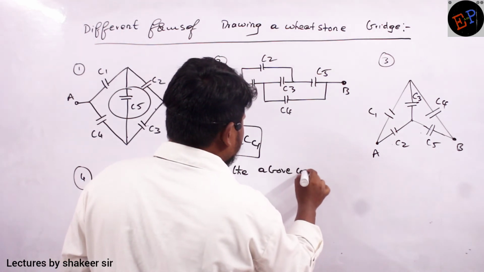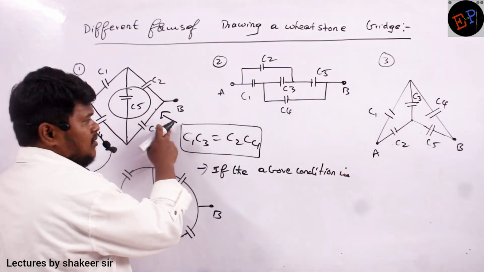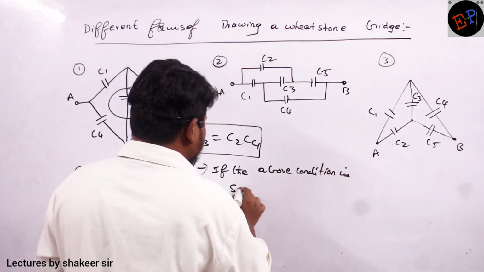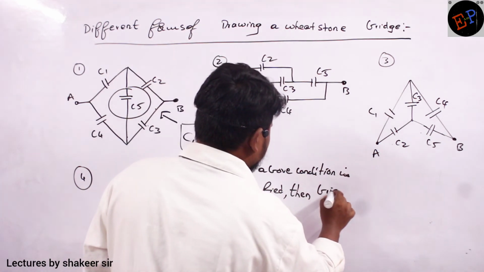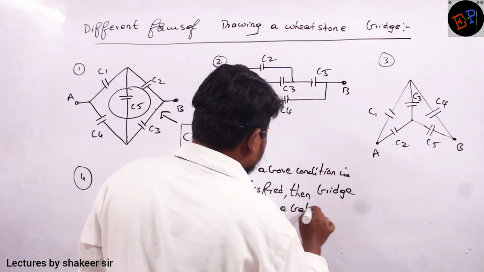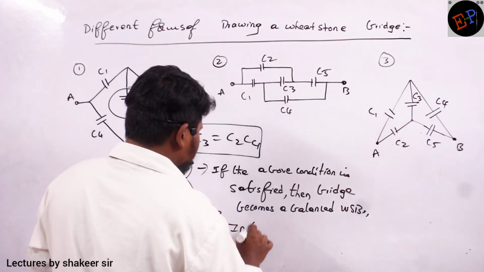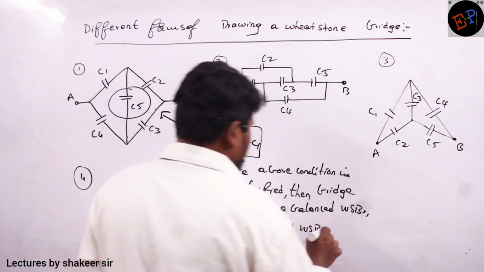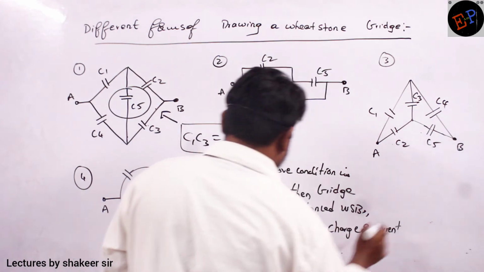So if the above condition is satisfied, I am writing this only for this bridge. These values I did not check. Only for this bridge I am writing. If the above condition is satisfied, then the bridge becomes a balanced Wheatstone bridge. In a balanced Wheatstone bridge, charge or current does not enter